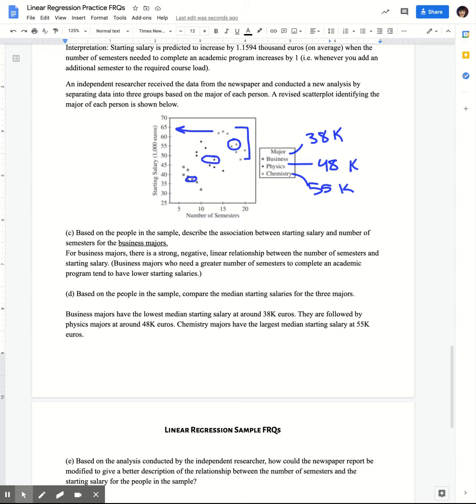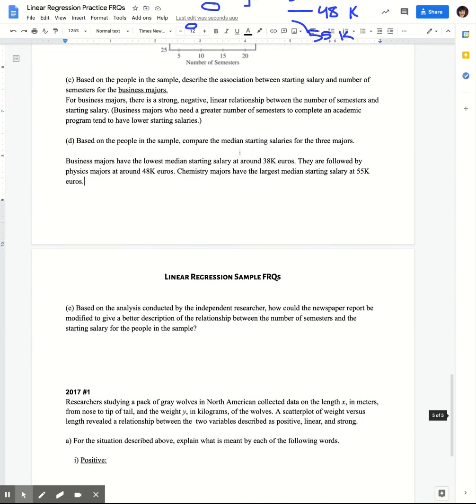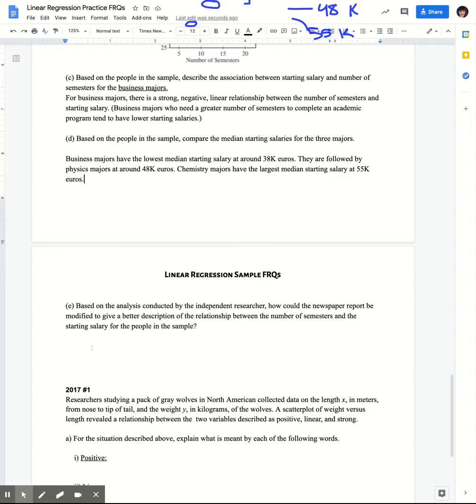But if you take a long time to complete your degree within that major, your starting salary actually is going to be lower, right? So what the newspaper needs to do is they need to account for major. So the newspaper report should account for